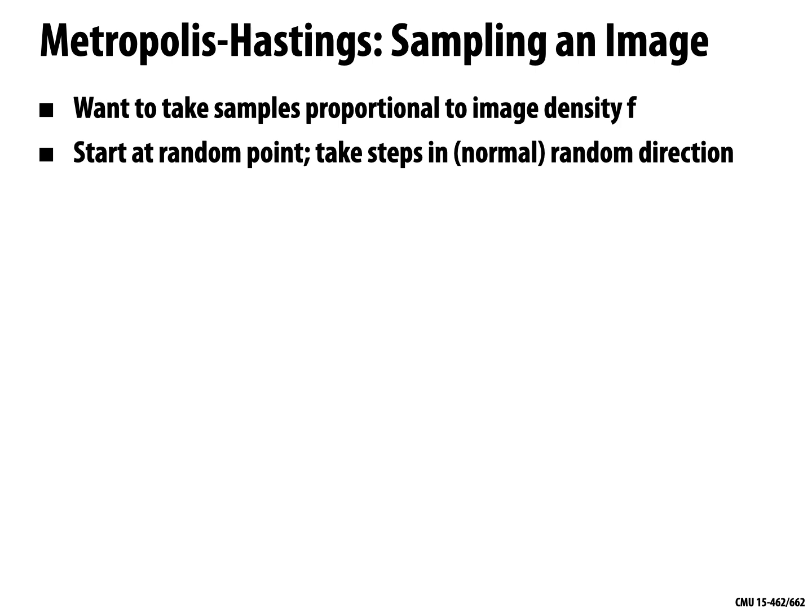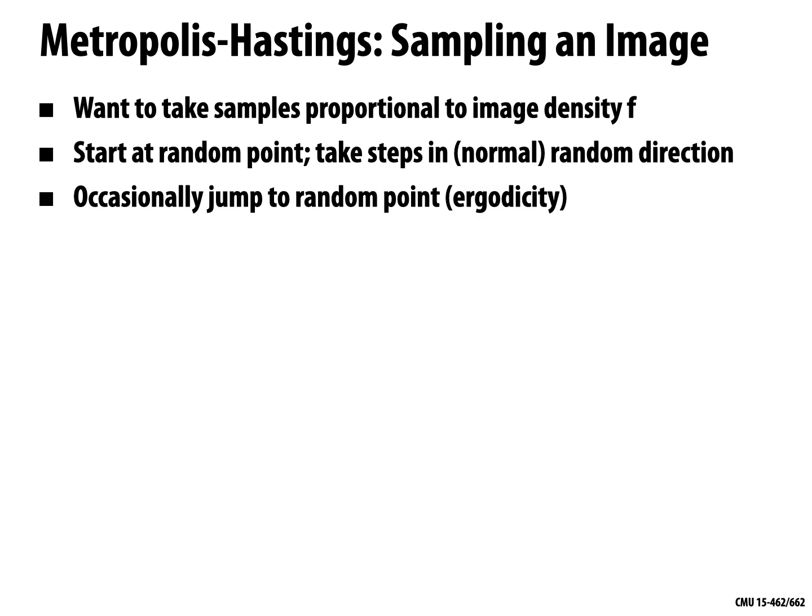And how far am I going to walk in this case? Well, I'm just going to pick the distance that I walk from a normal distribution, from a Gaussian distribution. Every once in a while, I'm also going to jump to a completely random new point to make sure I'm exploring the whole space. So that is a really simple strategy for making sure that my random walk is ergodic,